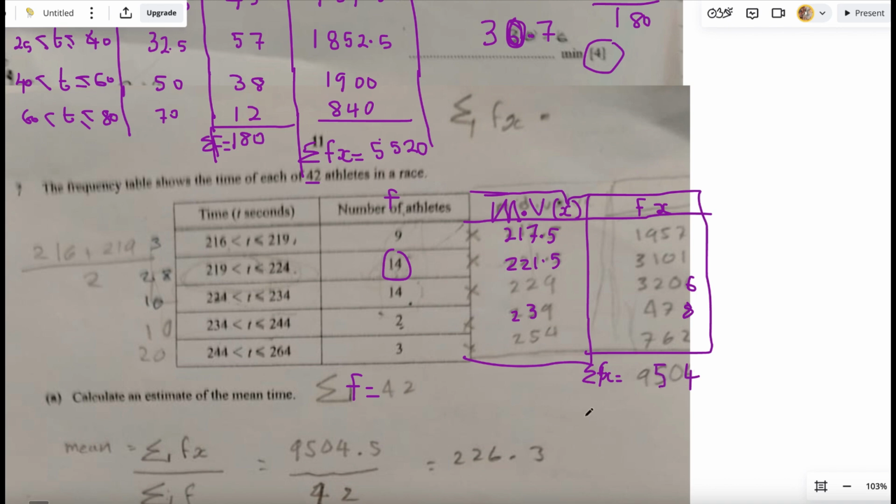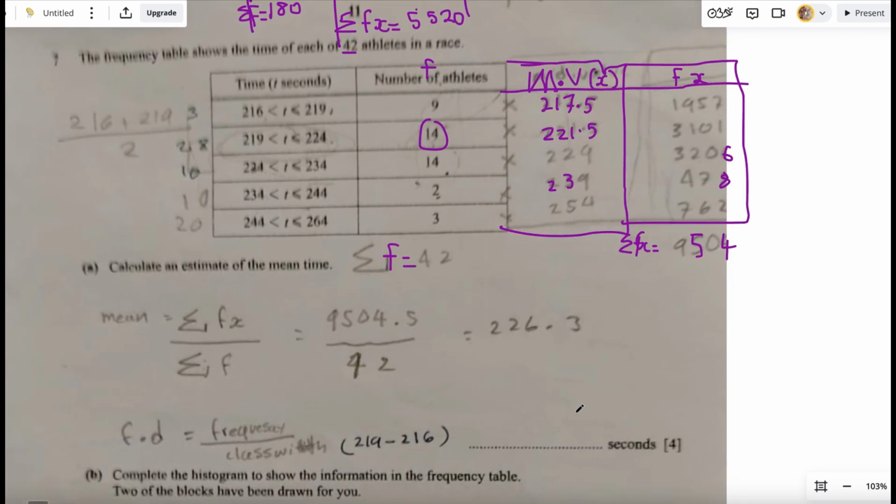So the mean, to calculate mean is sigma f of x over sigma f. Sigma f is 42, remember that. To find sigma f, add all these numbers together, and to find sigma f of x, add all these numbers together. So you say mean is equal to